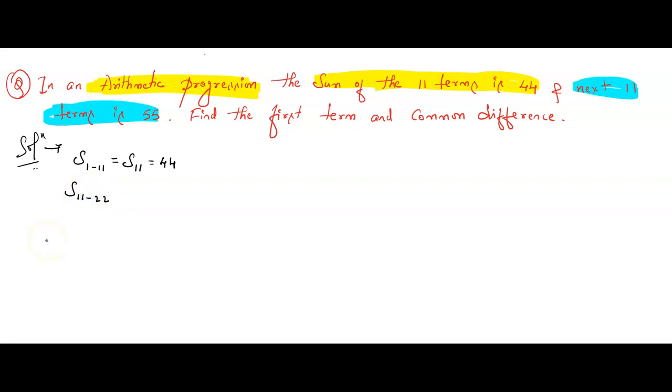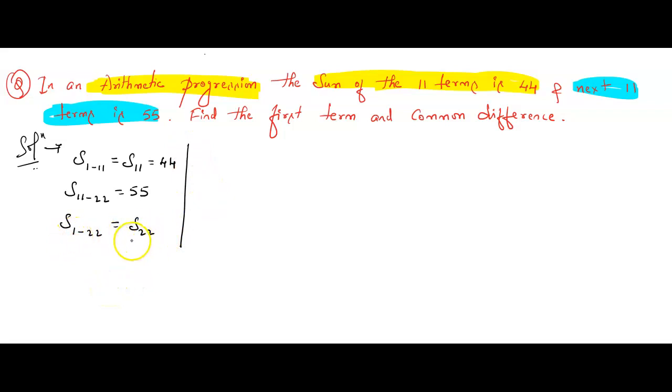From 11th term to 22nd term, if we are going to add the numbers, that is equal to 55. Is this clear? From 11th term to 22nd term, if you are adding the numbers, then it becomes 55. So shall we write like this? Now the sum of first term to 22nd term, what do we call it as? S22. I am giving you a small hint.